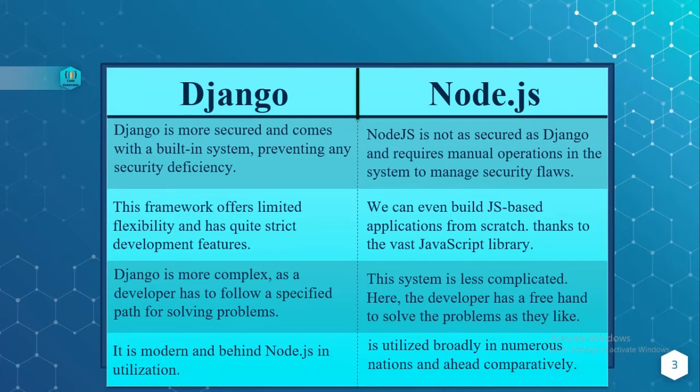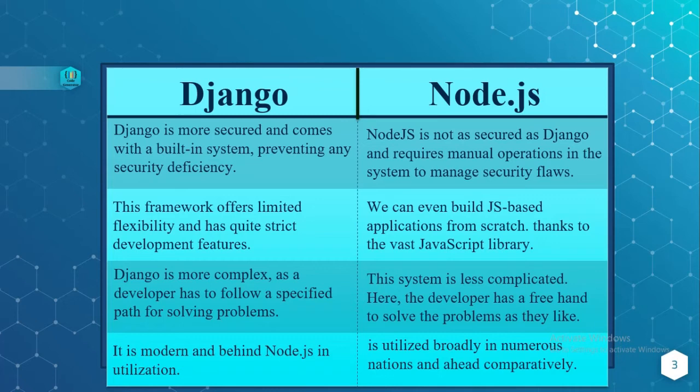Let's see the next point. Django is more secure and comes with a built-in system for preventing any security deficiency. Whereas Node.js is not as secure as Django. When compared with Django, Node.js is not secured much and requires manual operations in the system to manage security flaws. So it requires manual support, whereas Django is